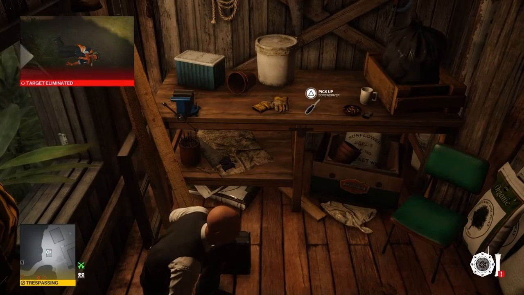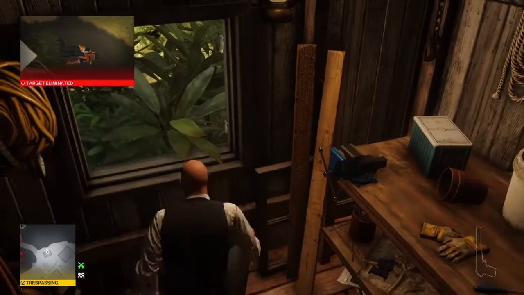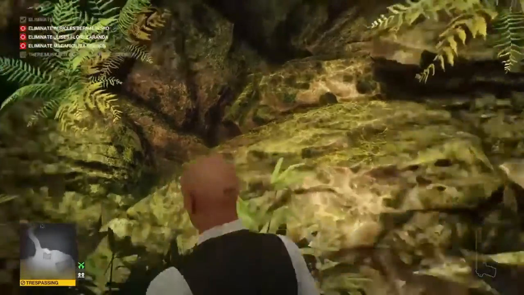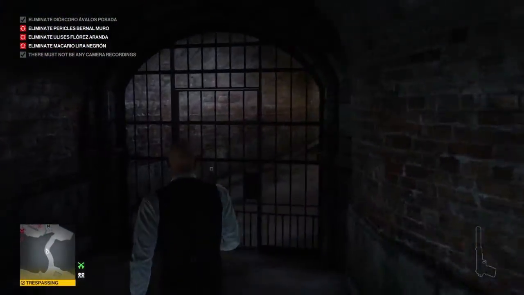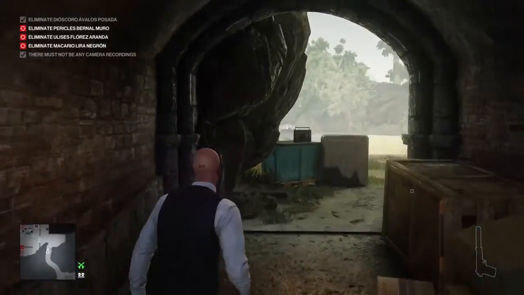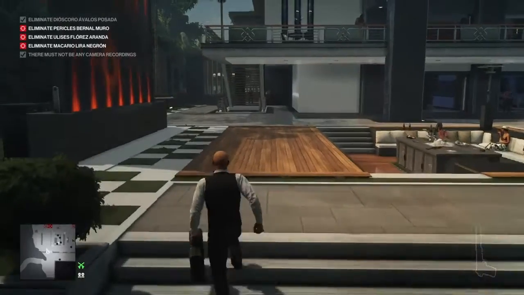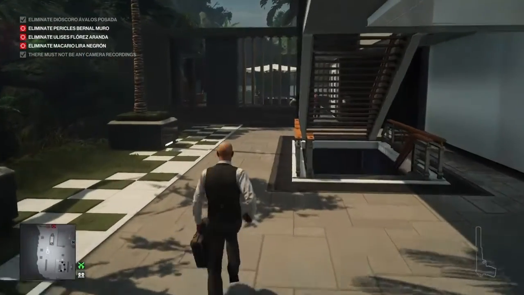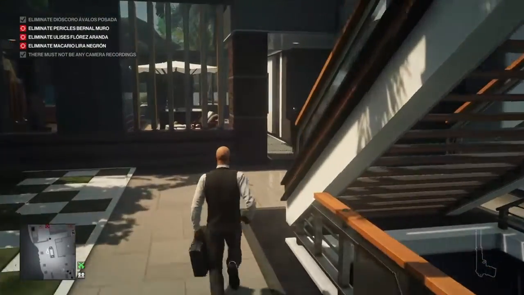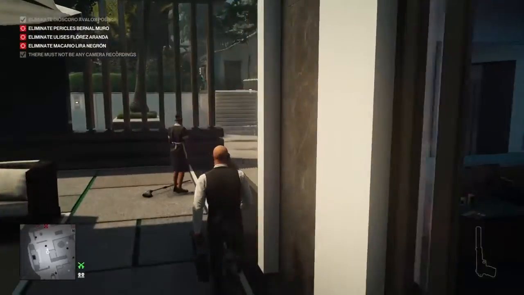So once he's down, we're going to make our way into the shed just off to our right, collect up our gas grenade. We're going to remove it from the briefcase and then replace it into the briefcase. That way it is active. We're going to head now back through the mansion area because we won't be trespassing through here. Again, being aware of Mrs. Delgado's location. She's not currently around once again, so we can head over to the front of the mansion grounds,